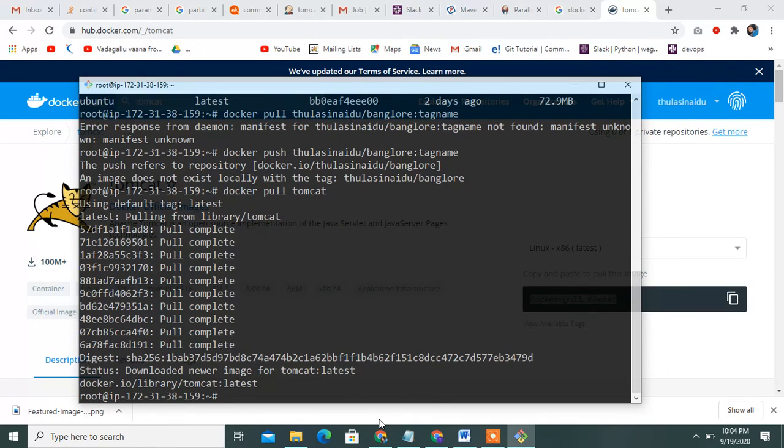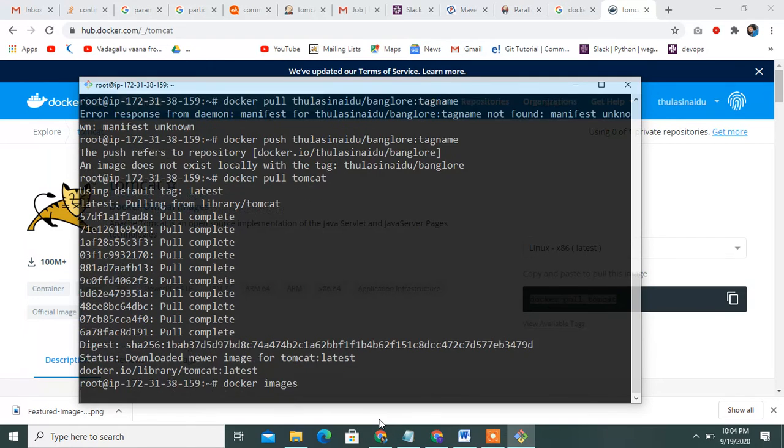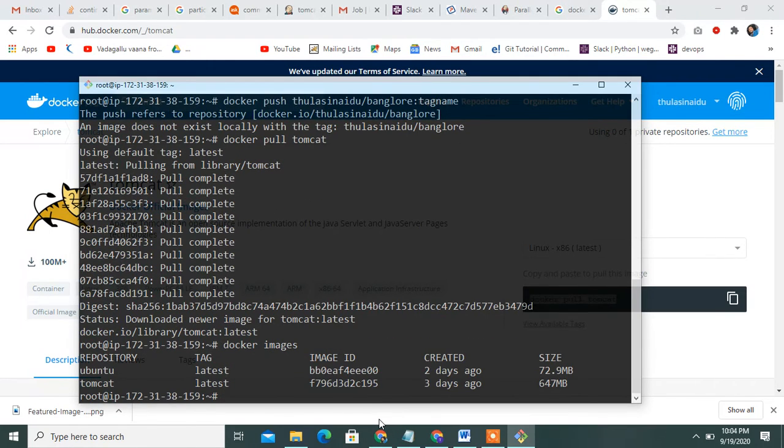Then check the Tomcat images and how to create the container: docker run.